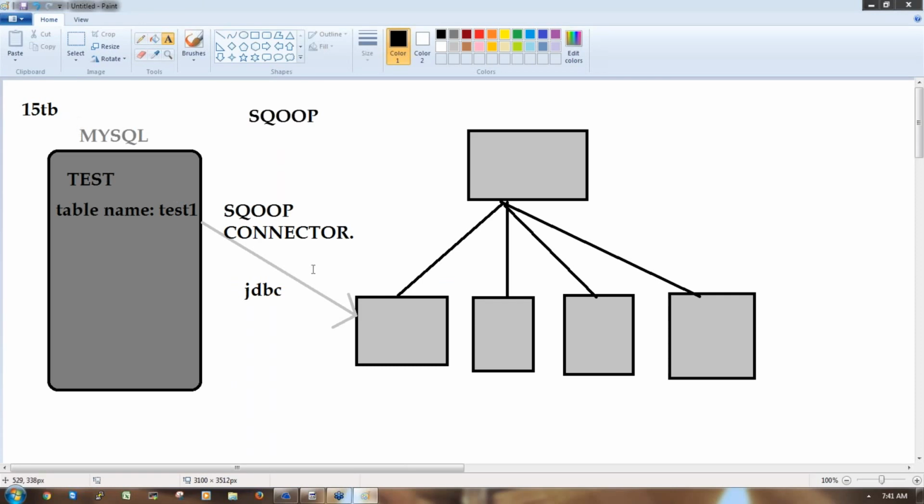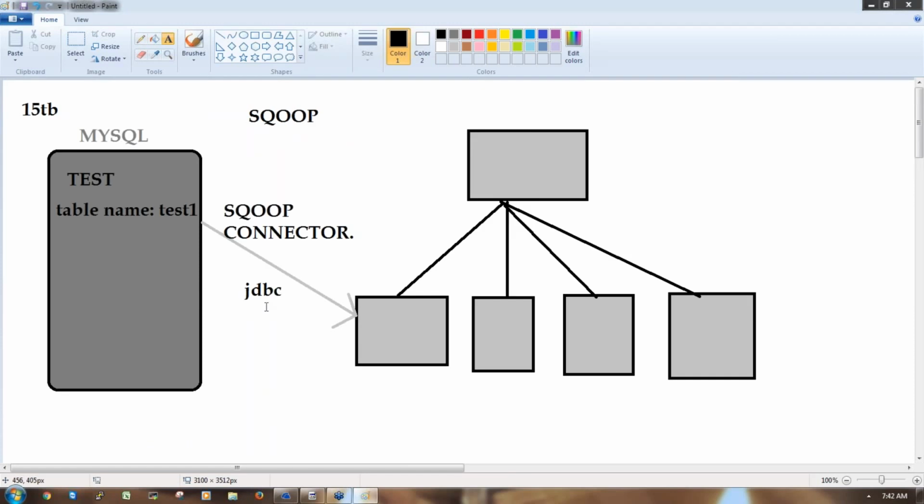Whichever database you are trying to import the data from, you have to get that particular database connected and configure the connector. Generally this can be done by the admin. They'll configure the Sqoop connector which establishes a default connection, right? Once we configure the connection using the Sqoop connector, then we are able to establish a connection. What kind of connection is it? It is a JDBC connection because it's written in Java. Sqoop establishes a JDBC connection, right?